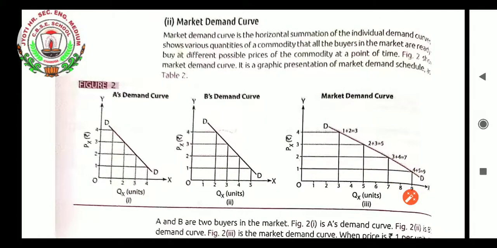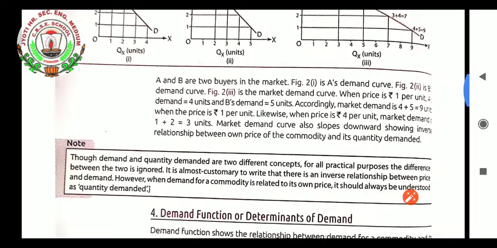The important thing I want to show is how the curve has been formed. The dot formed according to price and quantity, where you connected them, that one dot itself is known as demand. When you connect these dots in this line, you will get the demand curve. This is a straight line that you are drawing, and this is the demand curve. So that is the demand curve, students. So it was the market demand curve.